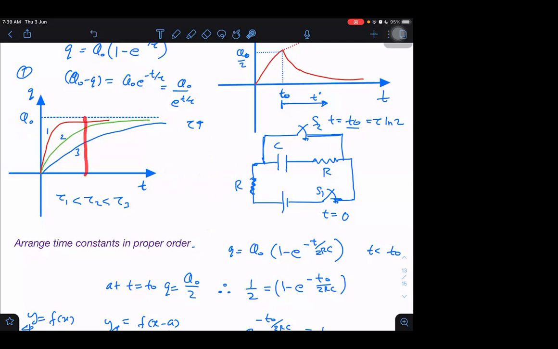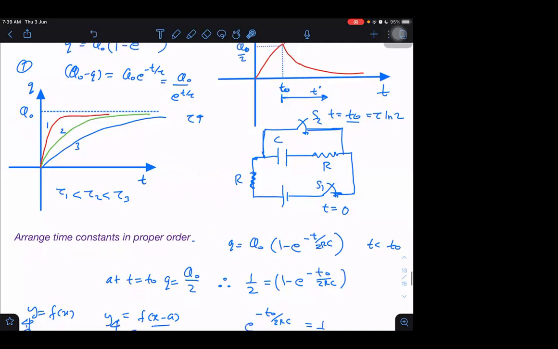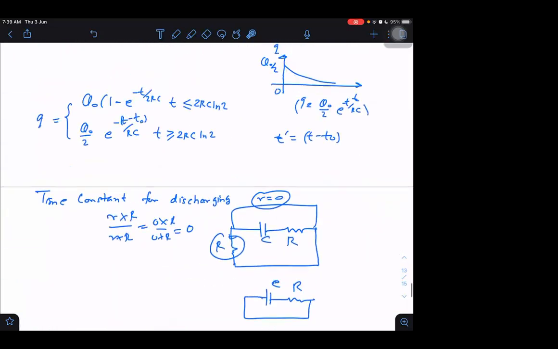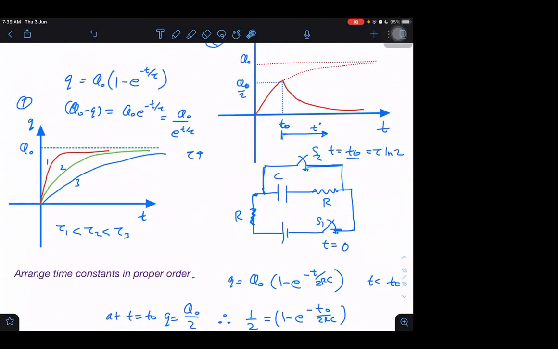This comparison is for the same charge. If you want to compare two different circuits with two different charges, then I should not compare which will have more charge remaining. Then I should obviously compare fractional charge, which will have more fractional charge remaining. The more fractional charge remaining means more time constant. Or in simple language, the circuit is more quick, more responsive, more fast, if the time constant is less.